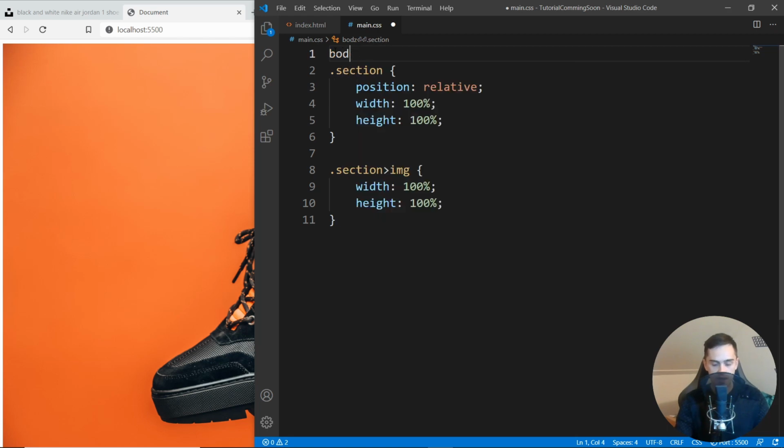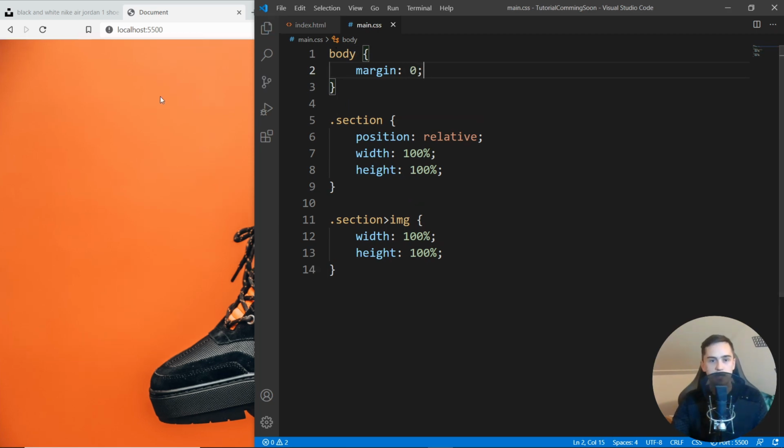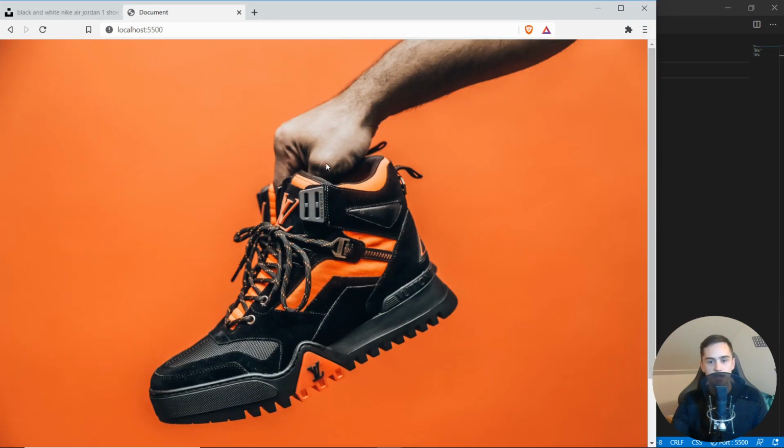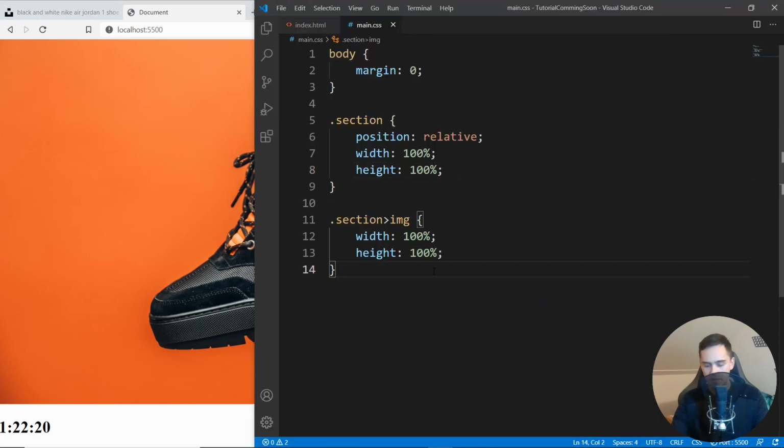So inside here I will just type body, and let's just say the margin will be equal to 0, because we don't want that. And let me just save it. There it is. Nice. I'm not sure whether it's 100% height. For some reason it doesn't seem like it, but whatever. Let's just move on for now, and let's just target the